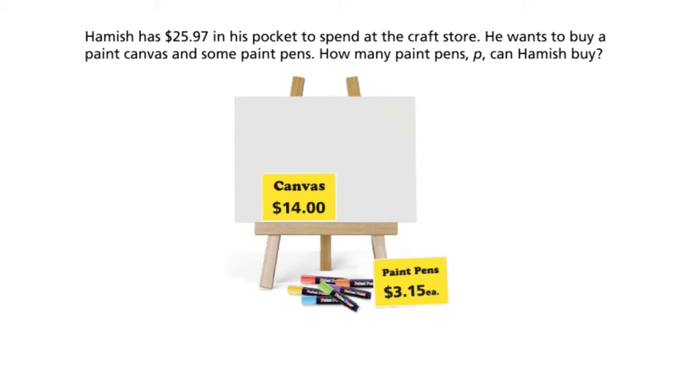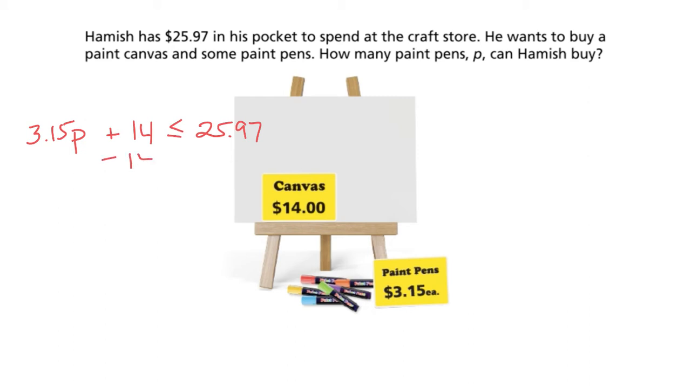I'm solving for P, which is the number of paint pens, and each paint pen costs $3.15. Now when Hamish goes to the craft store, not only does he want to buy pens, he also wants to buy a canvas, and he only has a limited amount of money, and that's $25.97. So what he buys must be less than or equal to